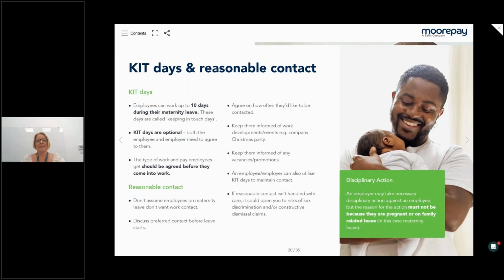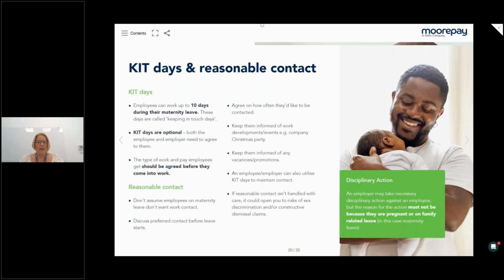So the same as an employee can't demand to work a keeping in touch day, you cannot yourself insist on your employee working a keeping in touch day. And I would generally agree the arrangements for payment of these prior to somebody going off on maternity leave, just so that you both know what to expect. Even if an employee just works 1 hour for a keeping in touch day, it's counted as one of the 10 days. So that's worth noting. And yeah, some companies don't actually pay keeping in touch days, but they would give a day in lieu when the employee gets back to work. But like I say, that should be agreed prior to them going off, just that everyone's expectations are met.